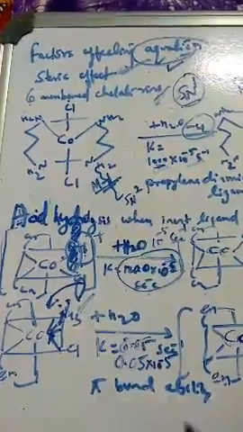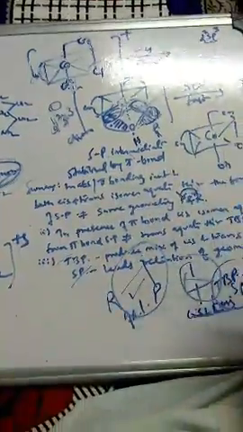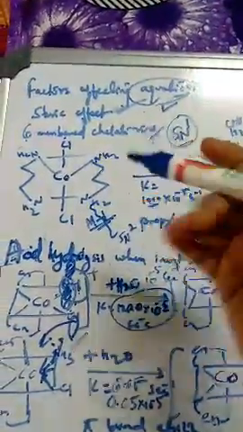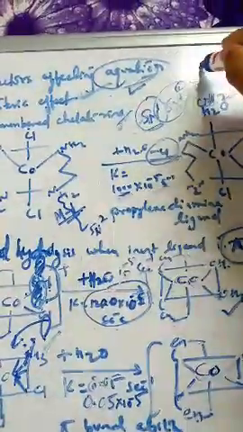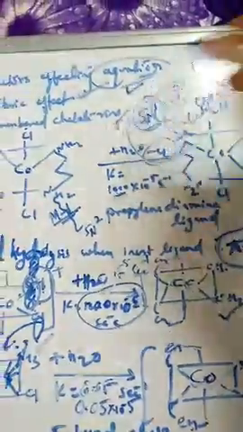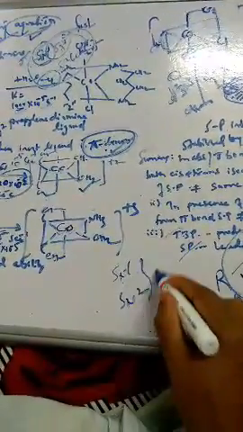So here is one concept we have completed, that is acid hydrolysis in the presence of inert ligand, which is a pi donor. This is very important from a competitive examination point of view, as well as the steric hindrance effect on the rate of equation. So SN1 and SN2. If it is more steric, definitely the SN1 reaction will be very fast. If it is more crowded, definitely the SN2 reaction will be very slow. So you have to see in the competitive examination what is being asked, whether SN1 or SN2, based on the steric effect.